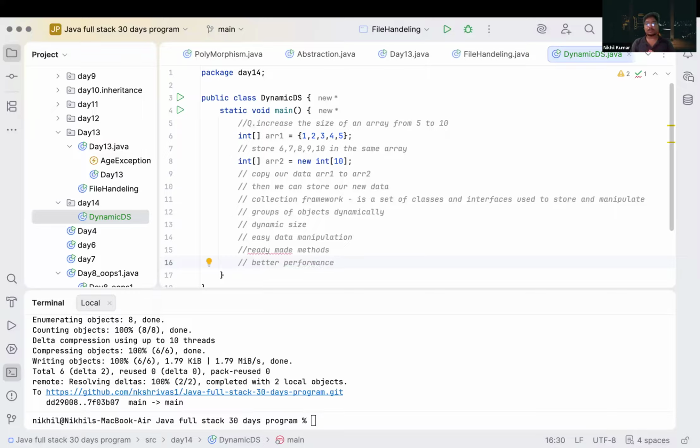How will it give us better performance? If we want to grow the size of this array, what do we have to do? We have to create a new array, then copy our old data, and then we can store the data here. But in our collection framework this happens automatically. So if we have more data in the future in our collection array, it will increase its size